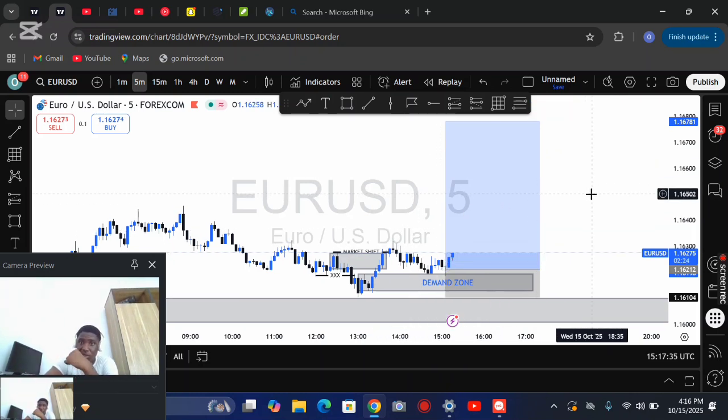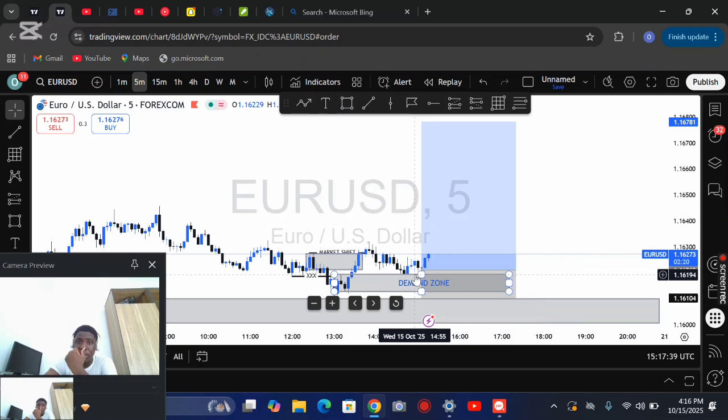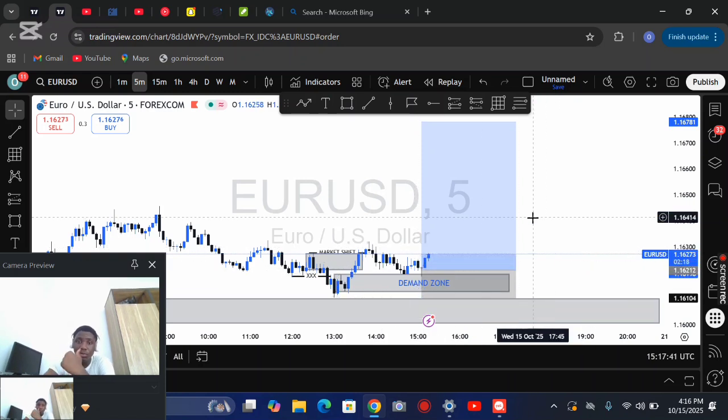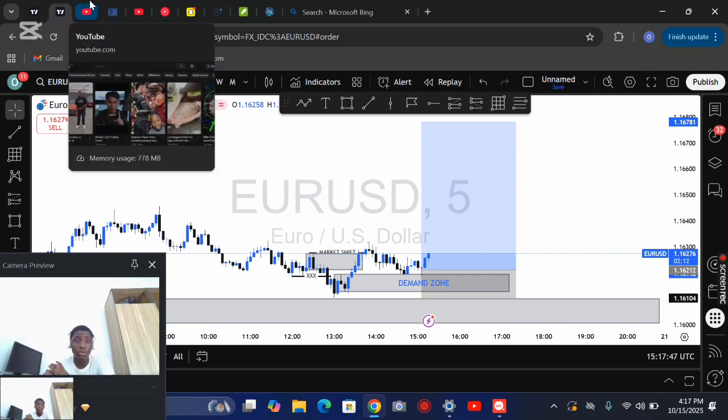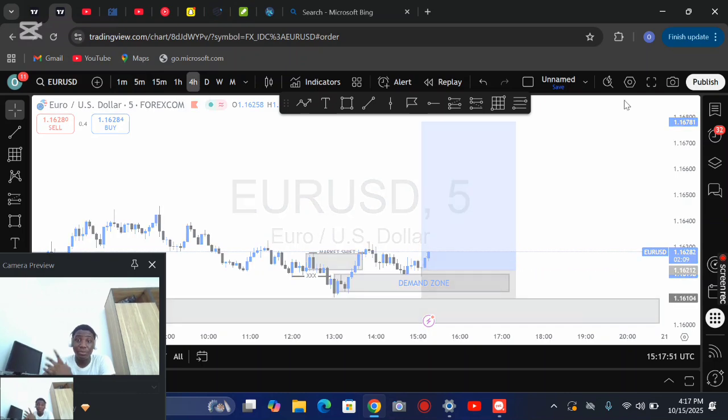I got it at the right point, and I wanted to enter at the mitigated zone, but I was trying to calculate my position, my lot size and stuff like that. There was not enough time to do that. So let me go to my 4 hour time frame and give you guys a breakdown of